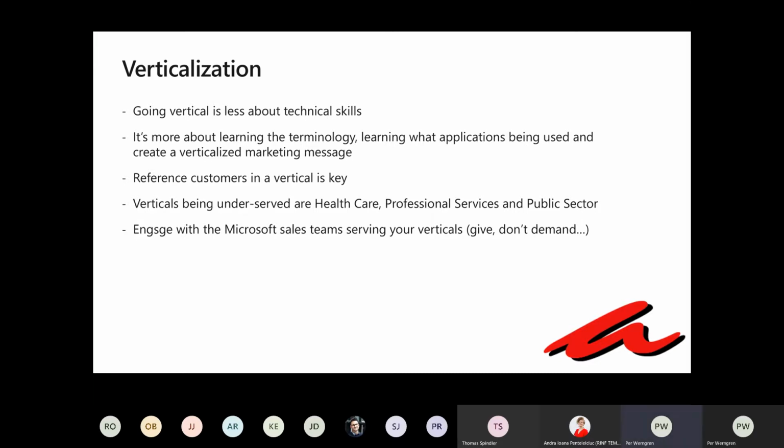And this is always something that works. You will also discover that verticalization is something that can take you to new geographical markets. And becoming popular with the people inside Microsoft that are serving a certain vertical is the way to do it.